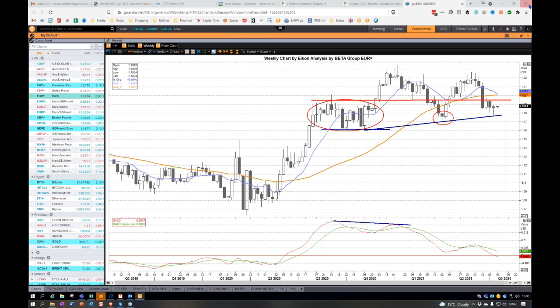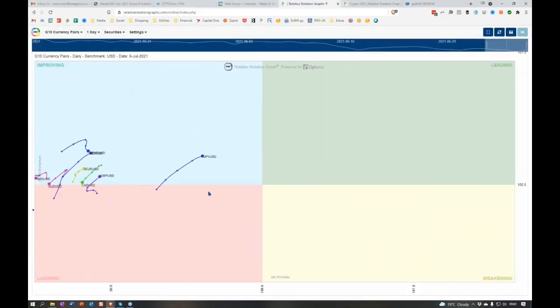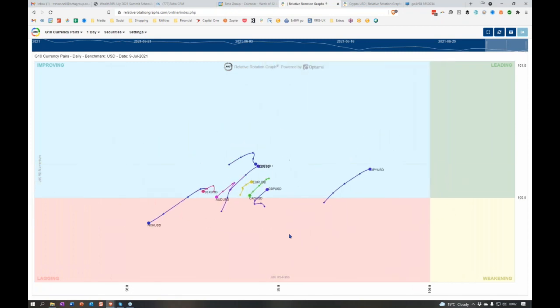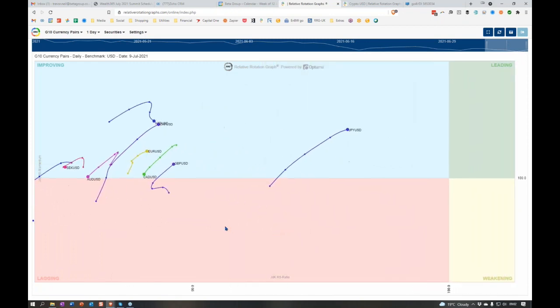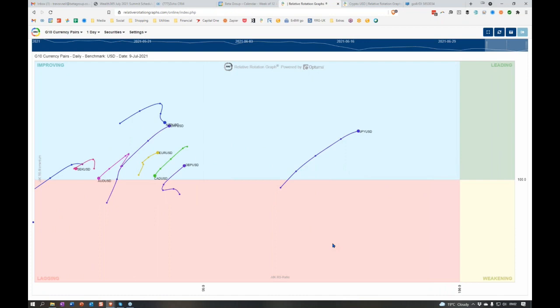So let us start by looking at the relative rotation graph of the currencies. I don't know why they have whizzed off the screen there, but for any of you that have not seen this before, this is a very interesting way of displaying data comparatively. In the crosshair in the middle here is the US dollar. Anything left of that is weaker than the US dollar. Anything right of it is stronger. You can see that all the G10 currencies are on the left, so the dollar is stronger than every one,